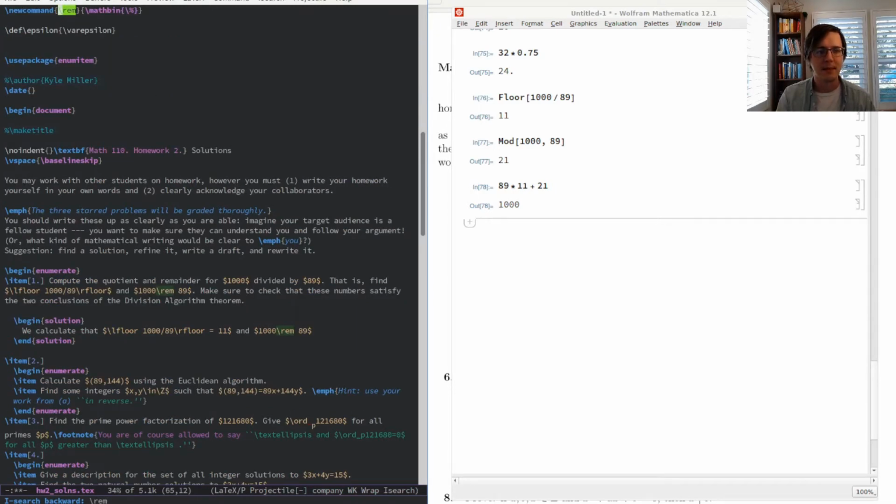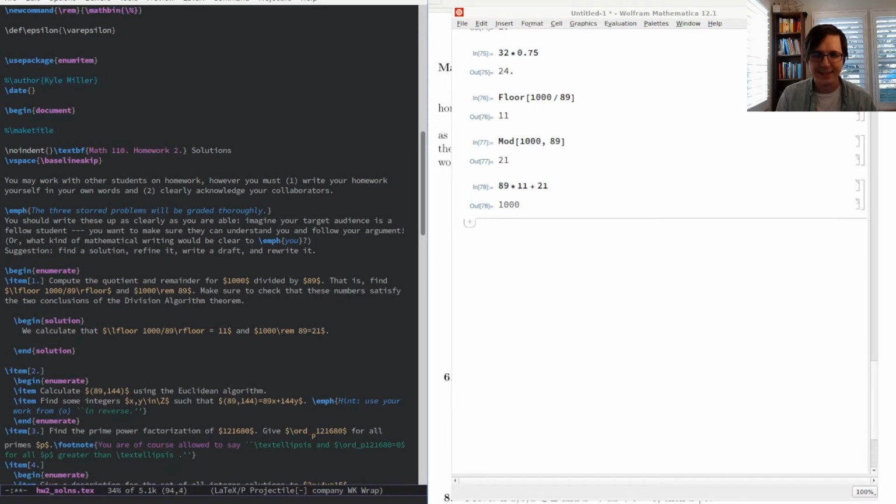It's just \mathbin of \%, and \mathbin is a binary operator in math mode. So we got 21. Calculate it by, well, let's not say how we found it. And then